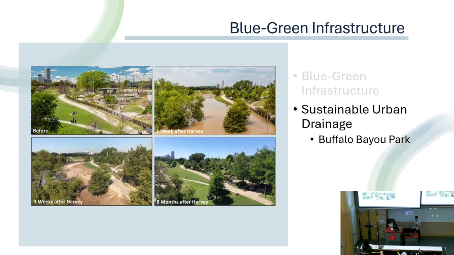The Buffalo Bayou Park, this one, is an example of what happened during heavy rainfall. I think it was Harvey, a typhoon, a cyclone in America. On the upper left-hand corner, that was before Harvey struck. It's still green space. It's just a nice park for people to get together. When Harvey hit, it was filled to the brim with water, but it didn't impact any nearby community facilities or residential area,